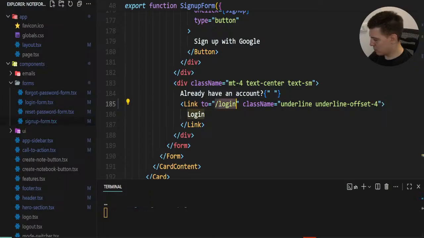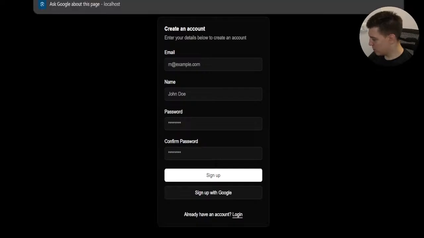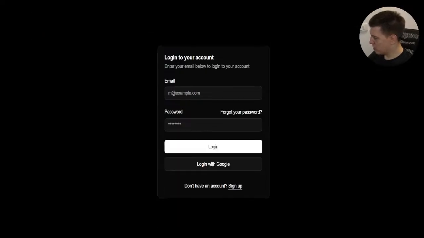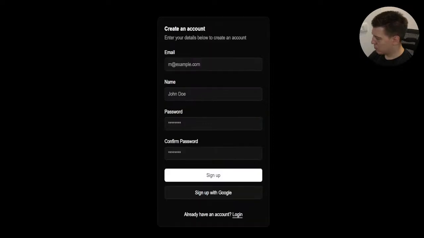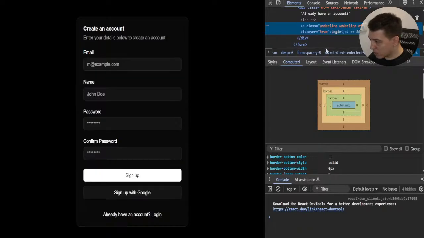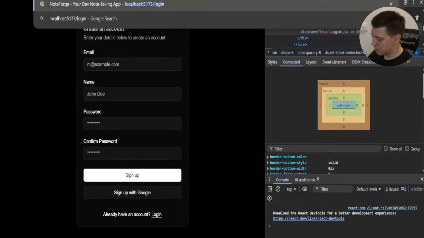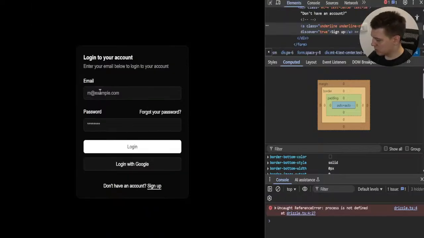Okay, this actually is good. So what happens when I go to login? What, did the button not work? Okay, that's super weird. Weird. Okay, so here